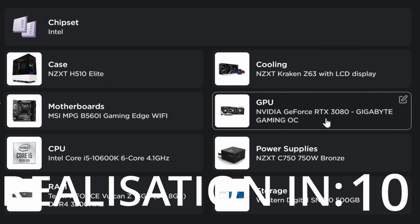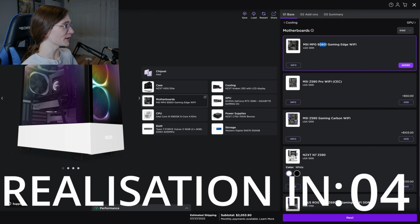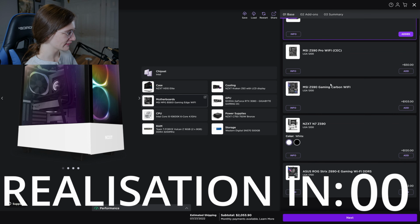Also, what on earth just happened to my graphics card? How did changing my motherboard make me go to a 3080? Oh wait, I read it wrong. That's a B560 board. That's an LGA 1200 board. Okay, well, do they have...